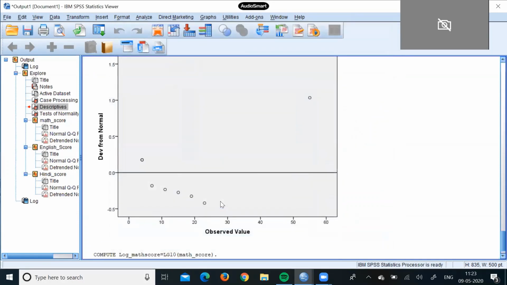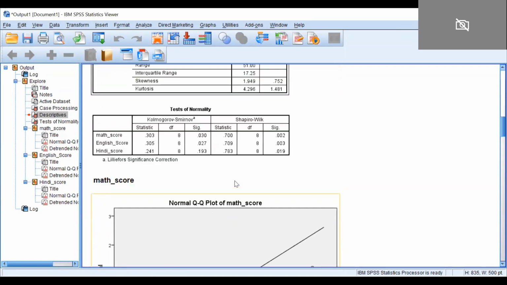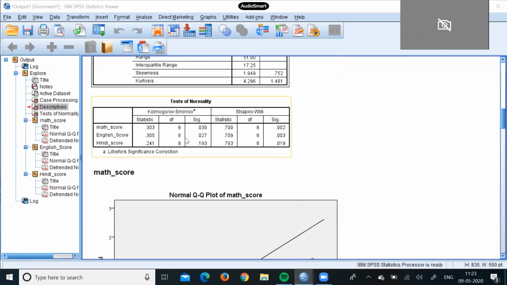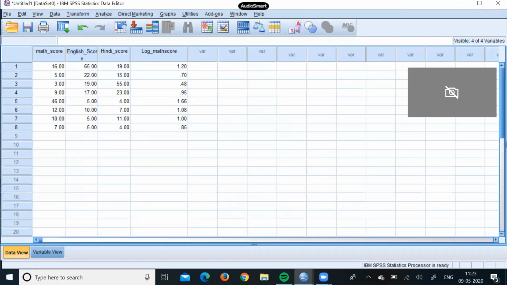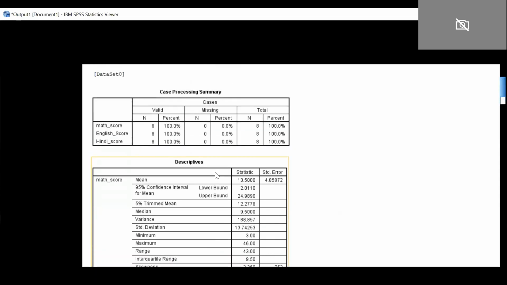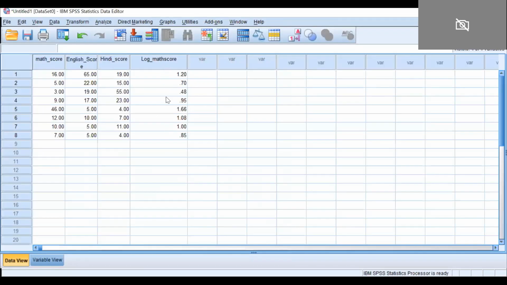Yes, in this table, in this file, you will see there is one more variable called log math score. One new variable is added. What we have simply done is we have taken the log of all the math scores. So this is the new variable. Now in all of your analysis you will use this particular variable, not the math score. You will use this log underscore math score.